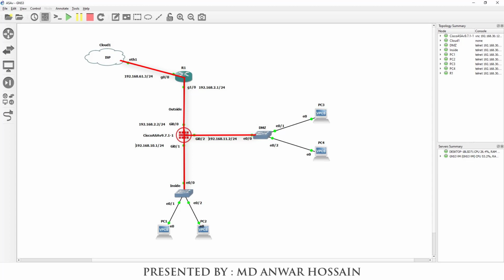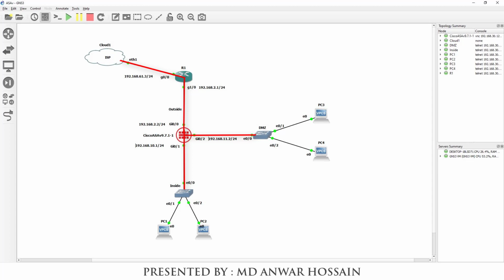So let's start configuration. In interface gigabit 0/0, we'll assign the IP address 192.168.61.3/24. That is from my ISP that has internet.